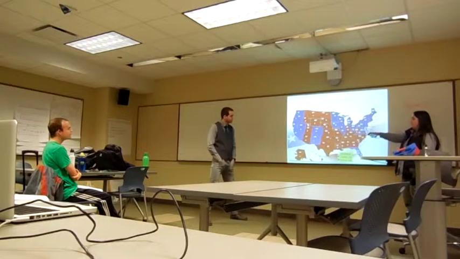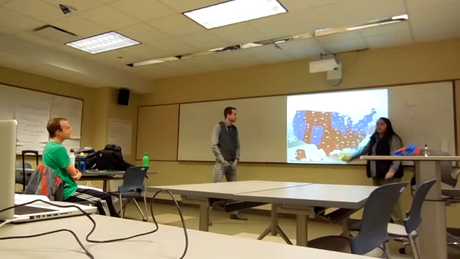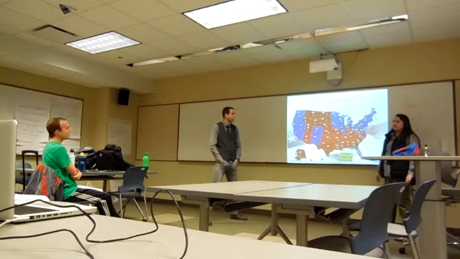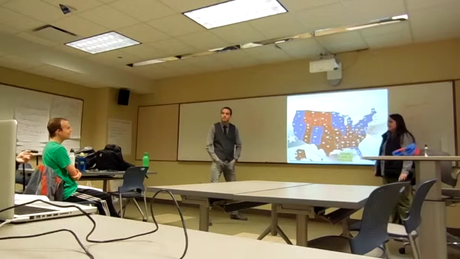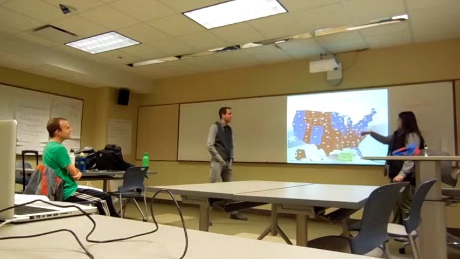Okay, so this is the 2012 election results. Looking at this, who do you think would have won? Without knowing who would have won, just looking at this. Red. Red's got a big state. Red's got all the big states, but blue looks like it's got all the little states. Exactly. Okay, so all right.